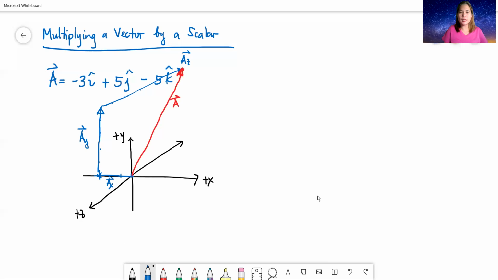Say, for example, let's define another vector. What if vector B is twice vector A? So you have a vector quantity A, and the 2 here, which is a mere magnitude with no direction, is a scalar quantity. To do that, it's just the usual algebra that we follow. We use the distributive property. We write the scalar factor, and then we insert the components of A. So we have 2 times negative 3 i hat plus 5 j hat minus 5 k hat.